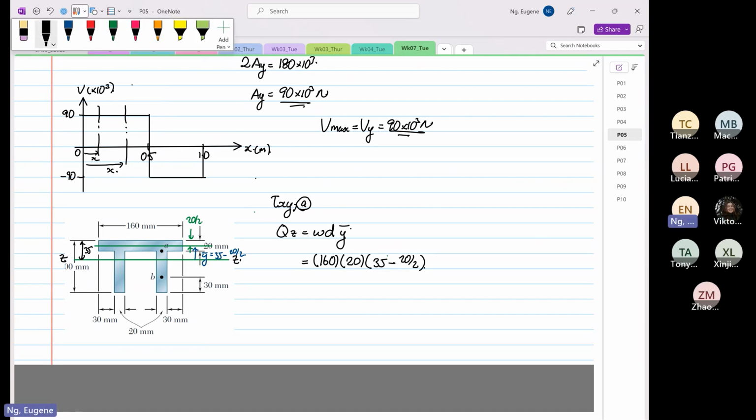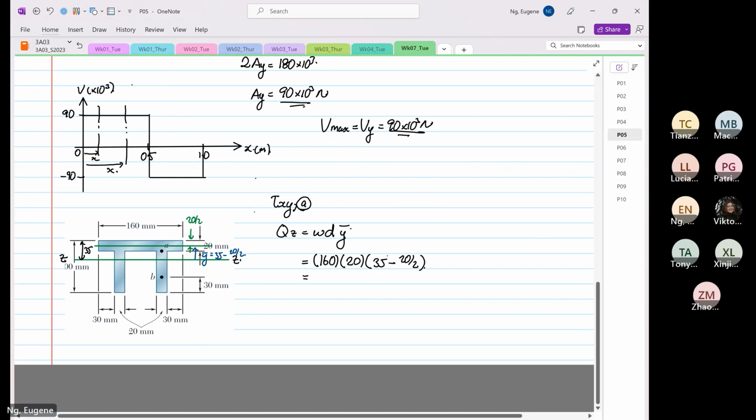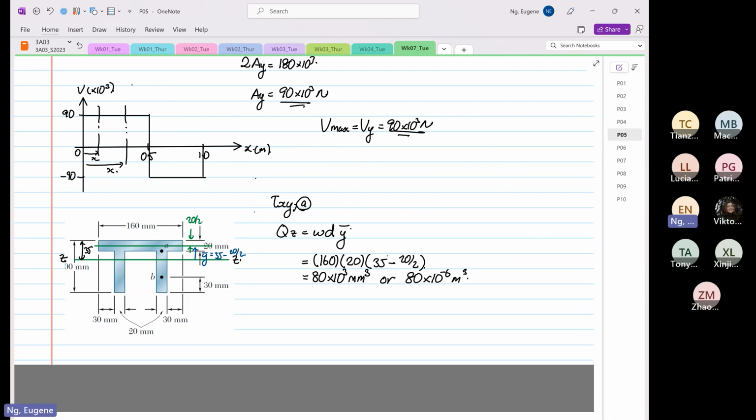So from here, we have 35 minus 20 divided by 2, times 20 times 160, which is equal to 80 times 10 to the power of 3 millimeter cube, or 80 times 10 to the power minus 6 meter cube. So we have our QZ already. So from here, we can directly